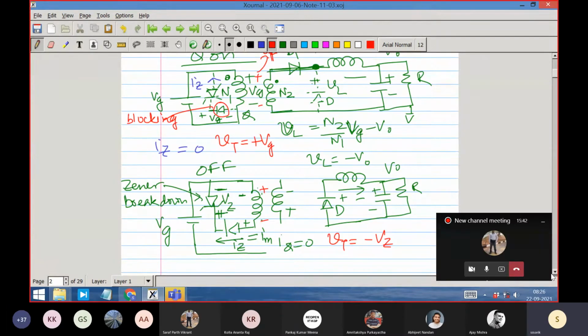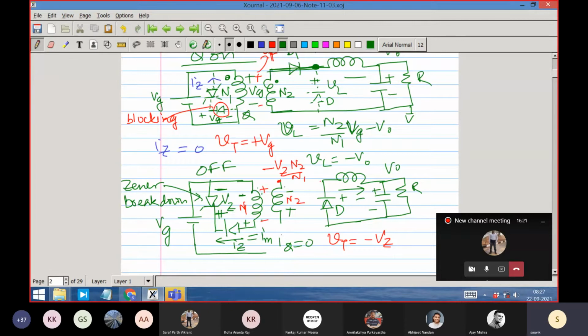So the first point is that we already know that volt-second balance of the inductor has to be satisfied and the volt-second balance of the transformer has to be satisfied. By the way, all other things are as per your first year knowledge, that the voltage that appears at the secondary side is still, this is N2, this is N1. So this voltage will be how much? Minus Vz into N2 by N1. And what is the diode blocking voltage? This terminal voltage is minus Vz N2 by N1. This terminal voltage is 0. So the blocking voltage is Vz minus Vz into N2 by N1. That is what is showing that the diode is reverse biased.